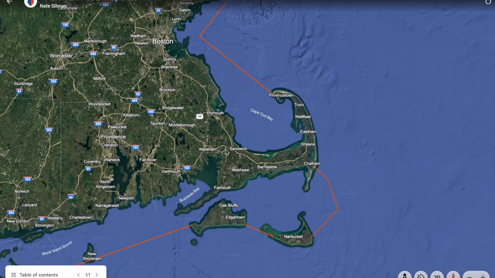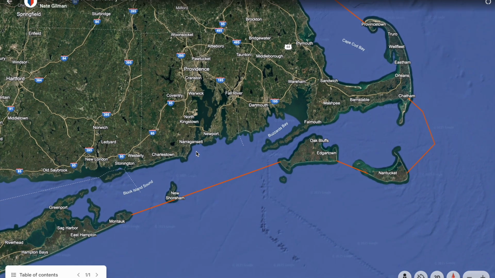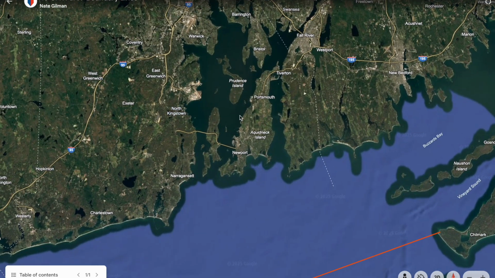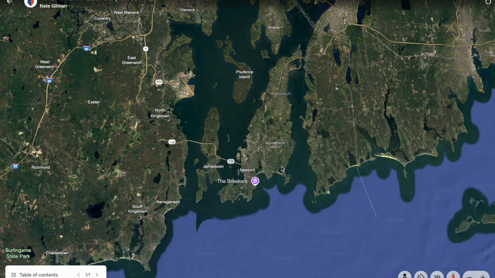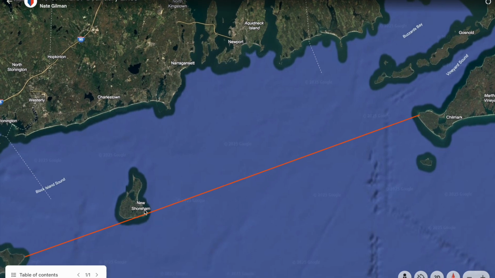If you come through the bay and say you go through the canal, you end up at Buzzards Bay and you're working your way down. Everything in Newport, so all in Narragansett Harbor or Narragansett Bay, coming in all the way offshore, all the way down here to Block Island, is all inland water. So this is all inland, near coastal, right?